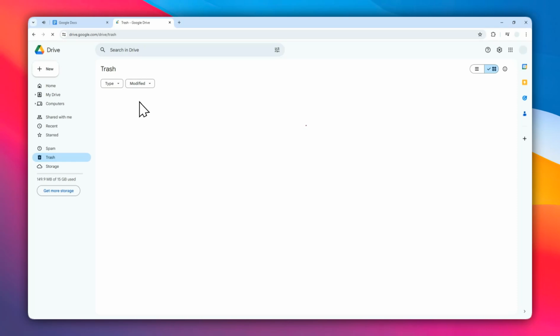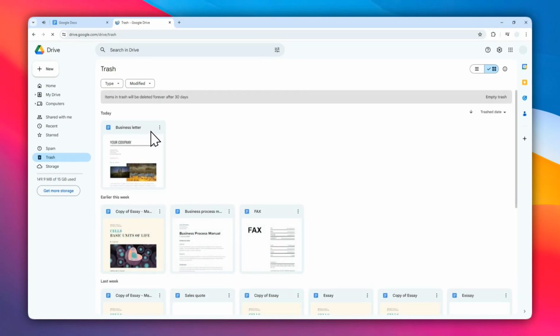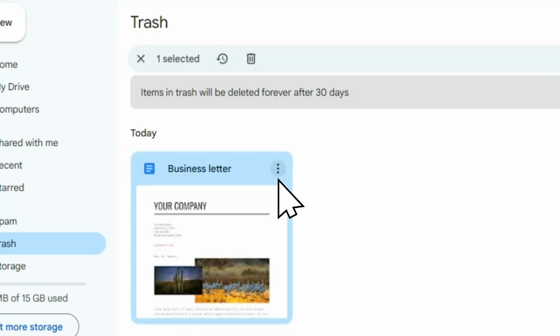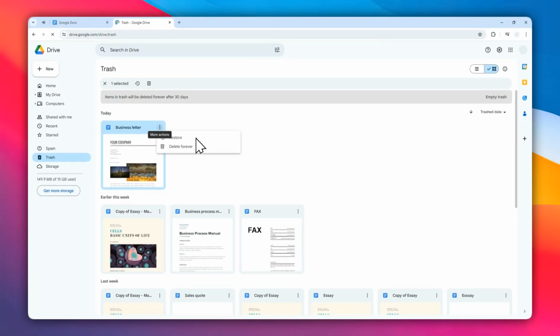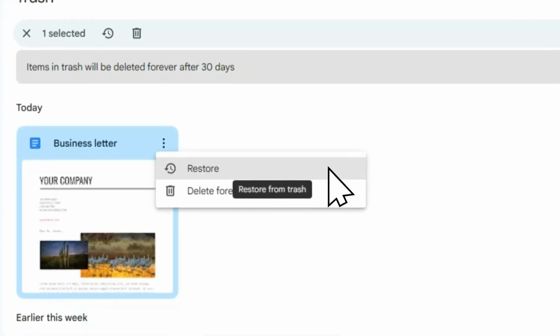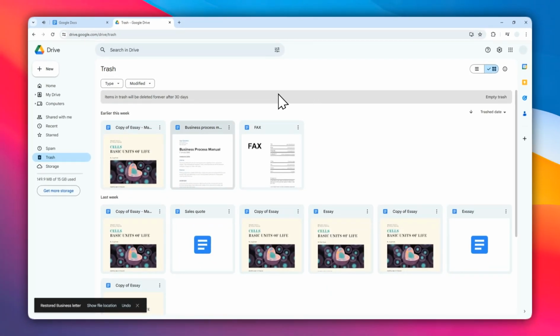Okay, that was the document that I just removed. And in order to restore that back to Google Docs, you have to click on this icon. Okay, I probably have to wait a bit more. Okay, now click restore. So basically it will revert the deletion and will send back the document to your Google